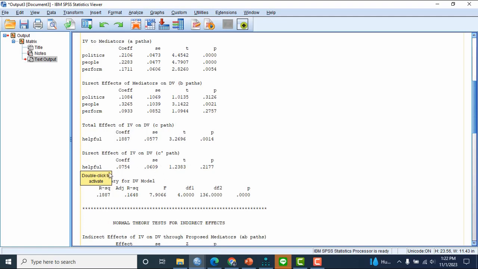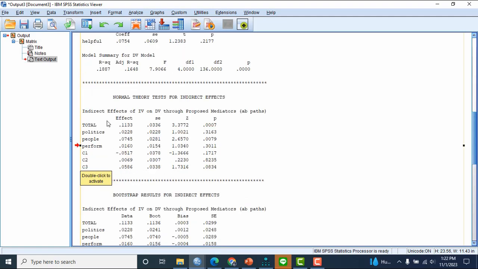The direct effect is not significant, and this is the indirect effect. We can check here. This uses the Sobel test. This is the total effect, which is significant, and this is the indirect effect through politic, not significant.